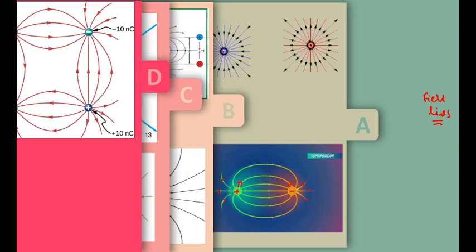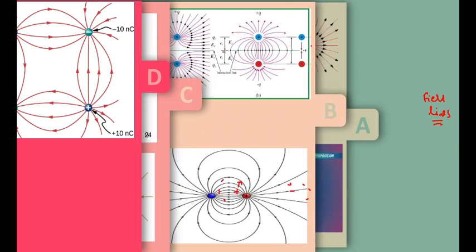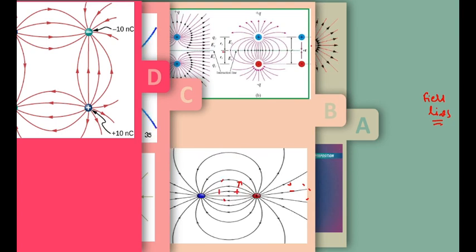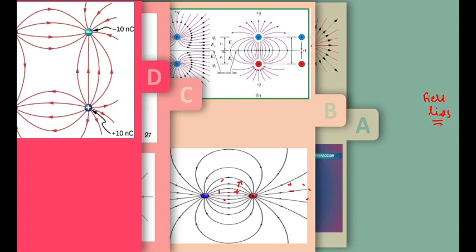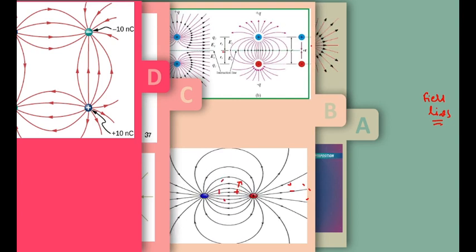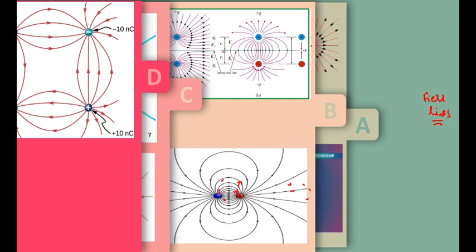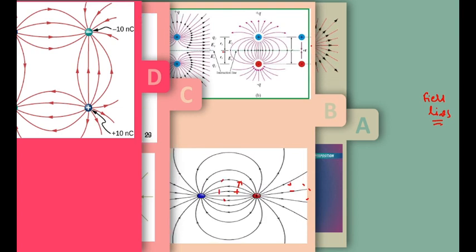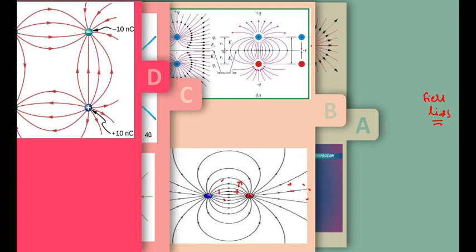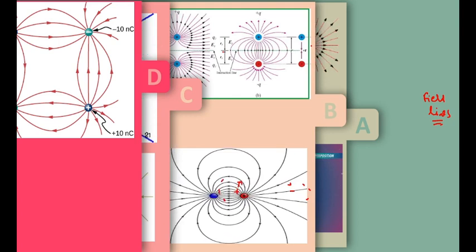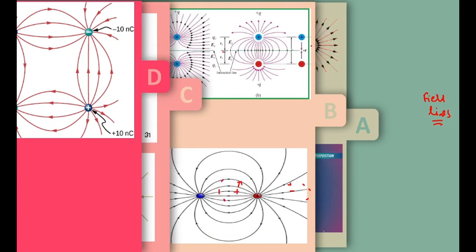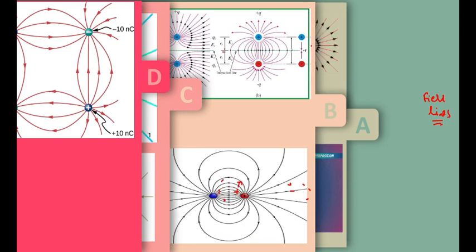Let's move ahead. Now we can check the same thing. We have one positive charge and one negative charge here, and the representative electric field lines are also shown. On the left of the diagram, you can see two positive charges. Because of this, there will be a neutral point, so in this middle dotted green line there is no electric field, because this is the region where the electric field will be zero. We will get the neutral point.